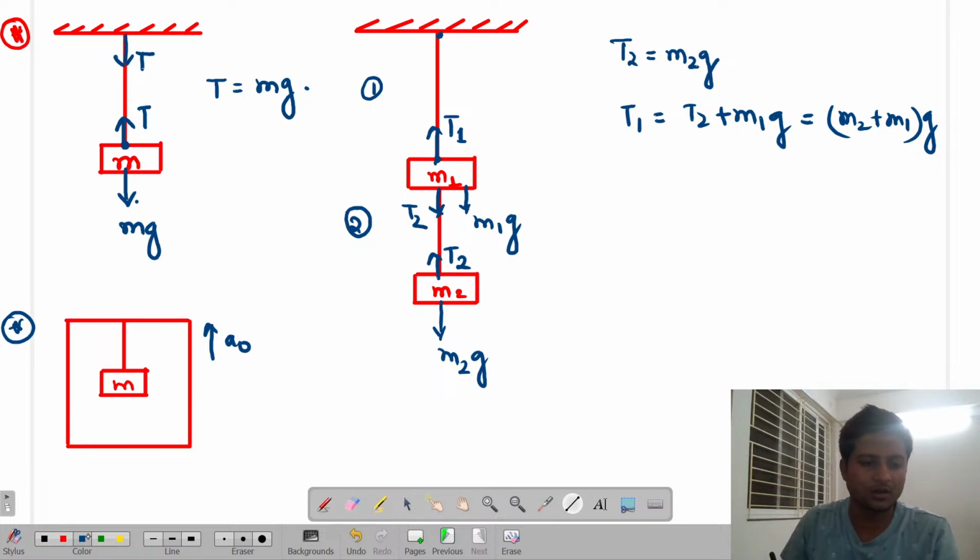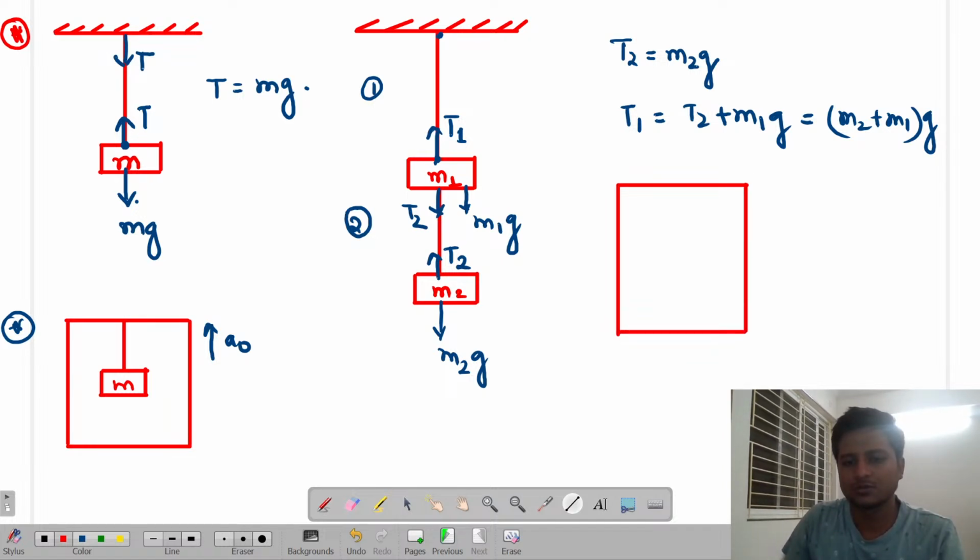And then again you have m into a naught plus, means the tension should increase or decrease. It should increase. Why? Because let us identify first, is the lift an accelerating frame or non-accelerating? Tell me. Lift is accelerating, isn't it? Yes, so here the lift is which kind of frame? Accelerating frame. But basically those accelerating frames I can also write as a non-inertial frame, isn't it?